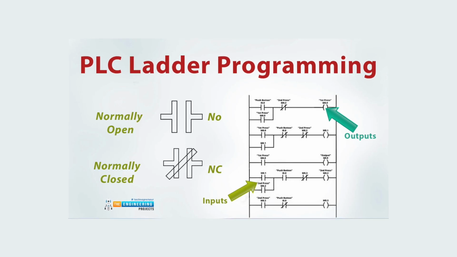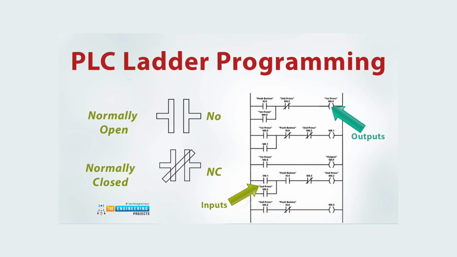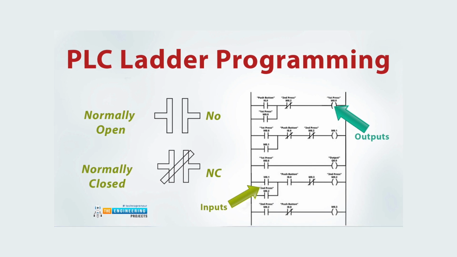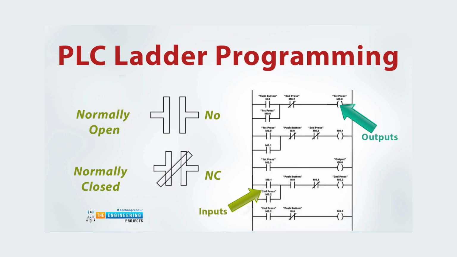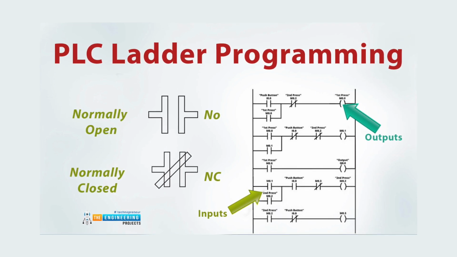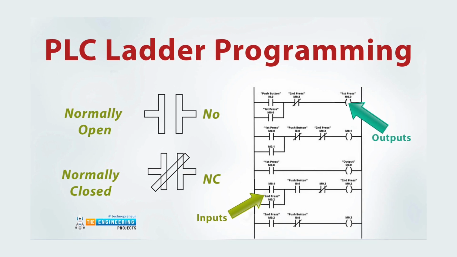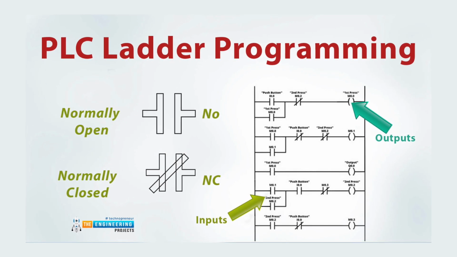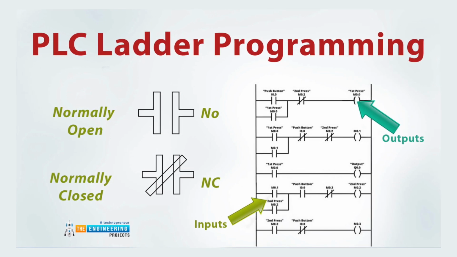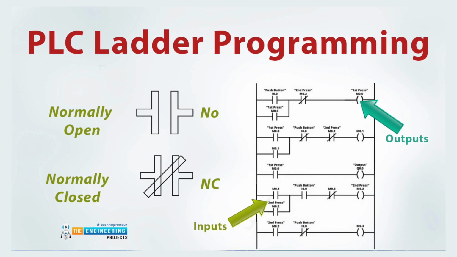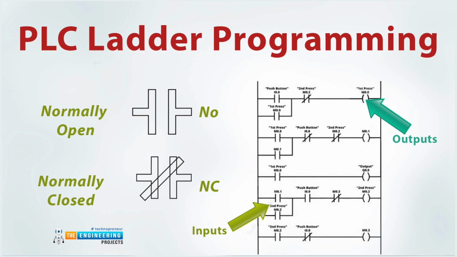Our first study goes in detail with the Ladder Diagram, LD. The ladder diagram is a graphical programming language which resembles electrical relay logic diagrams. Means it is similar to the electrical relay logic diagrams which we have studied in electrical systems. It uses symbols like contacts and coils to represent the basic logical operations. It is widely used for discrete control and simple automation tasks, and is especially used in industries familiar with traditional relay control.